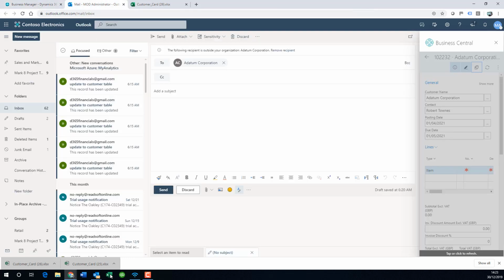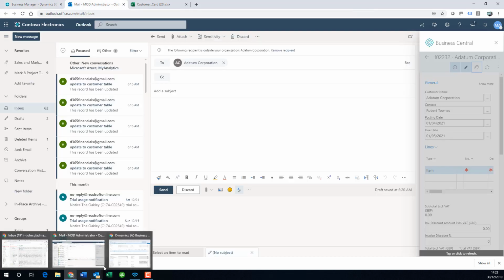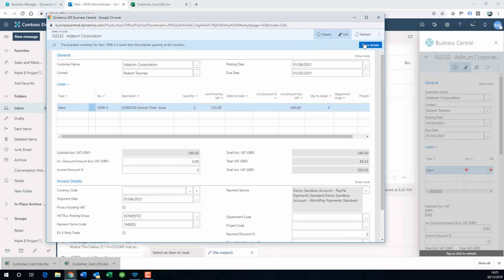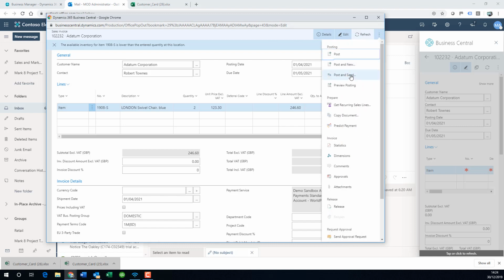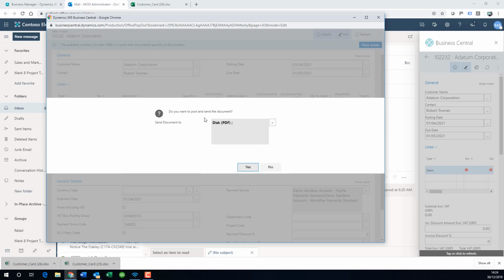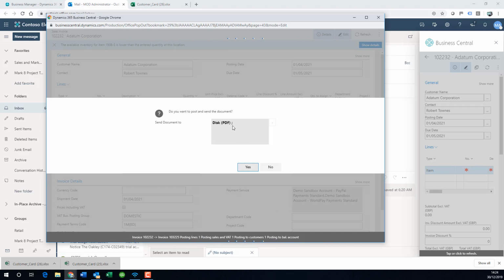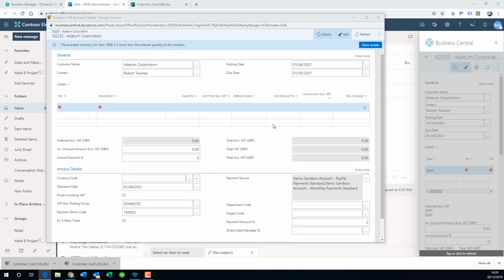I'm now going to go back, and I'm going to get my Dynamics 365 back up in my Outlook, and now I can post and send. Now this will send the document, and off it goes. Just creating the postings, and it's going to create a document to disk for PDF. Now I could have sent that to email. Here it is,